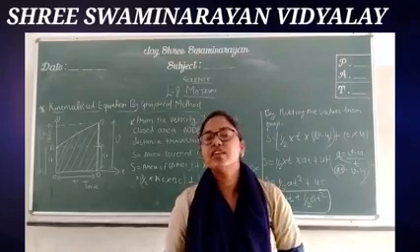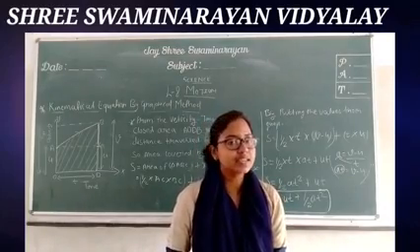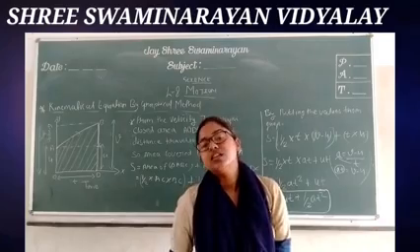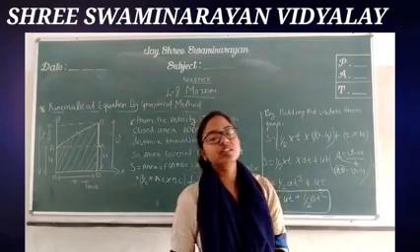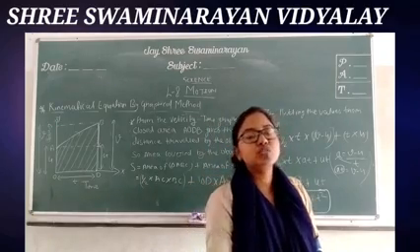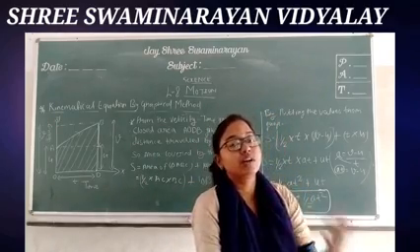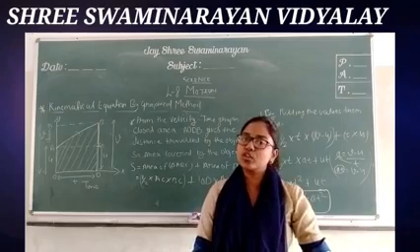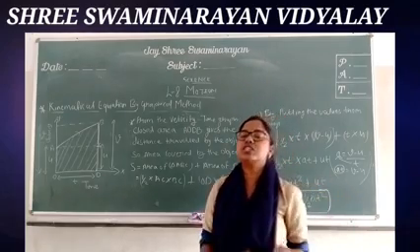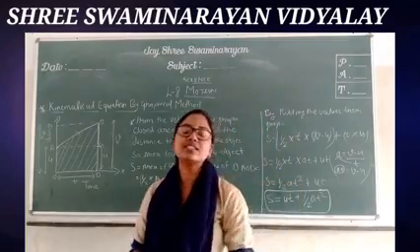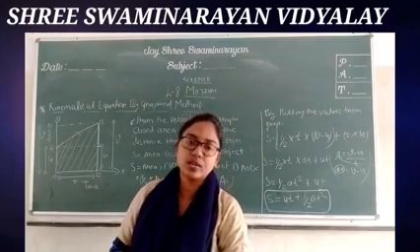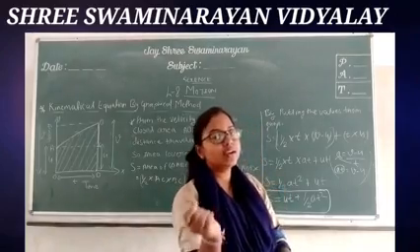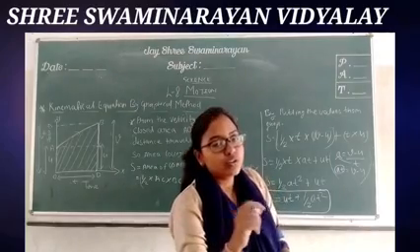So yes students, here we have completed our chapter number 8, that is motion. In this chapter we have studied about motion, uniform motion, and non-uniform motion, that are the types of motion. If any object changes its position from one place to another place with respect to time, it is known as motion. Then we studied uniform motion, that is if the object covers equal distance in equal intervals of time, that is known as uniform motion. And if the object covers unequal distance in equal intervals of time, that is known as non-uniform motion.